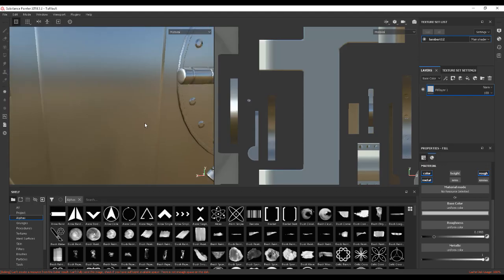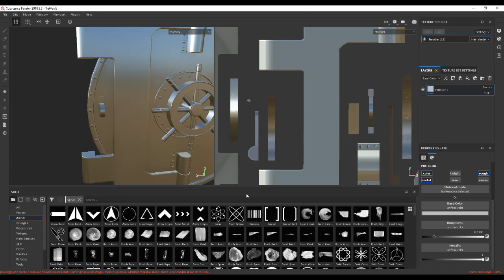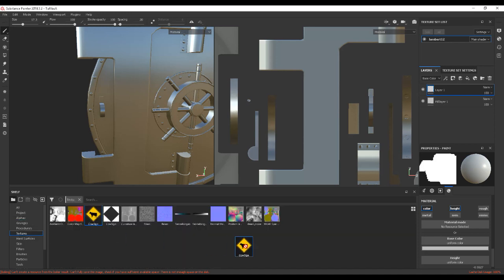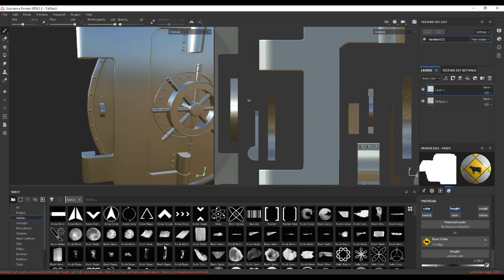So in Substance Painter, let's just go in. Let's click on just a standard layer. Hide my material here, but just let's go in here just to show. I believe it's on my textures, so I can just drag this over, drag this into my base color. I have my stamp. And then if I go into my alphas,